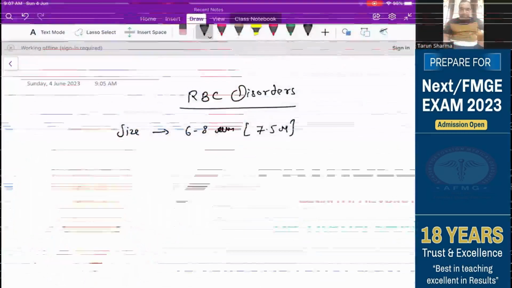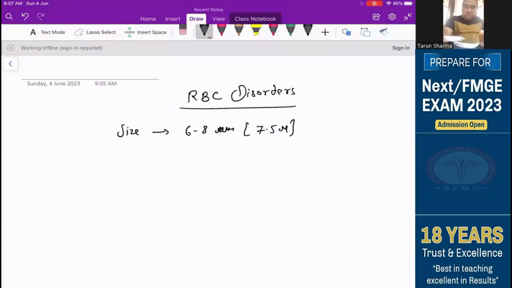Value that, so if you ask me the exact value, then it will be 7.5, but usually it ranges in between 6 to 8 gram per deciliter. Okay,